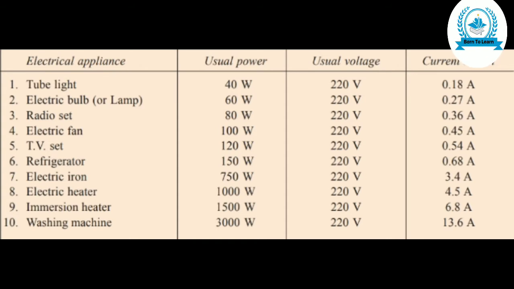Now 100 watts means that this bulb has a power consumption of 100 watts and 220 volts means that it is to be used on a voltage of 220 volts. The power rating of an electrical appliance tells us the rate at which electrical energy is consumed by the appliance. For example, a power rating of 100 watts on the bulb means that it will consume electrical energy at the rate of 100 joules per second.